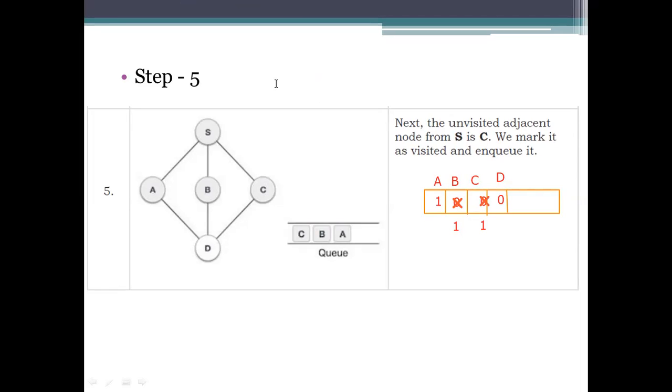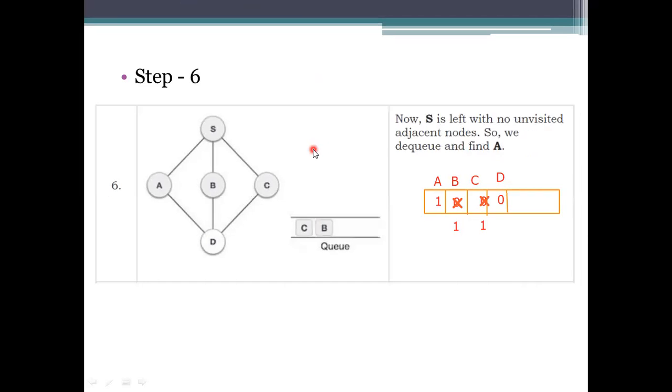So here, at this step, we are dequeuing the element. Since it is a visited one, we need to dequeue this one. Dequeue this processing, that is, A has to be not there.